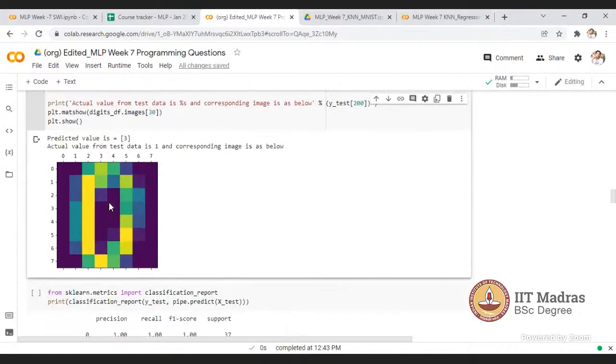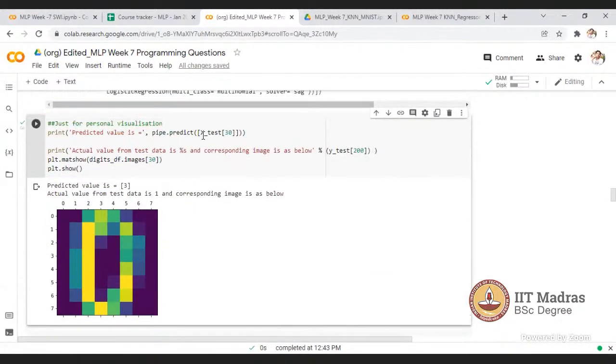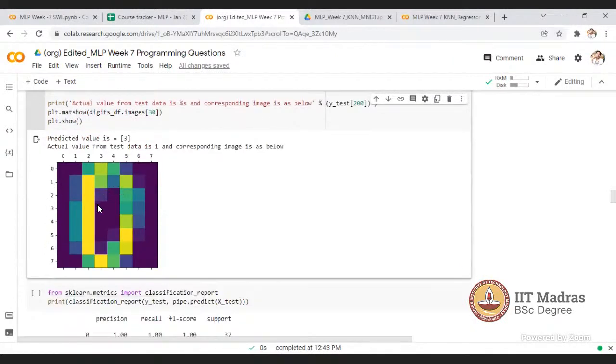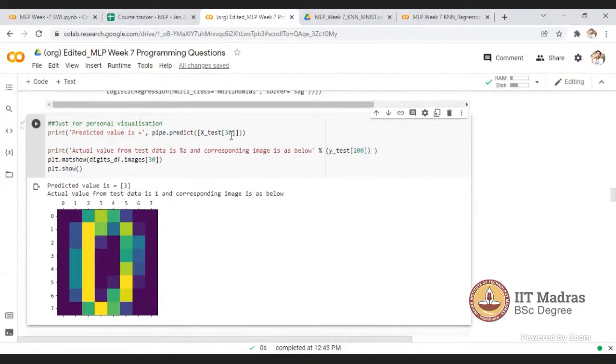Yeah, so we are able to see that at the 30th place the digit is 3, but I think it is predicting wrong. It is predicting something like 0. Yeah, here our model is working wrong.